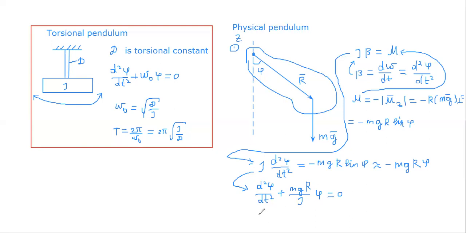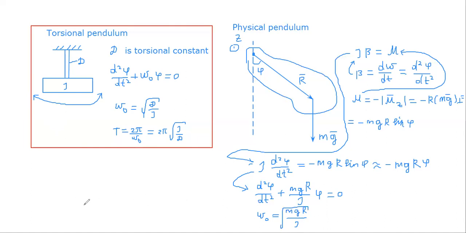And according to this, the natural frequency is equal to the square root of m g r divided by the moment of inertia,